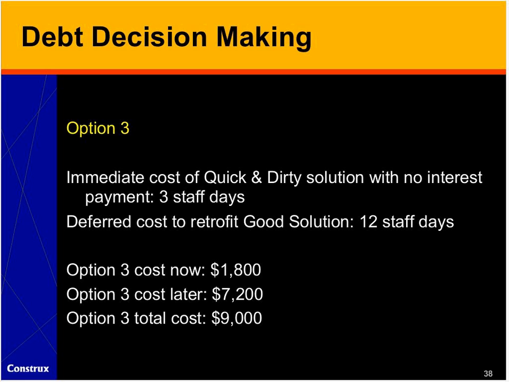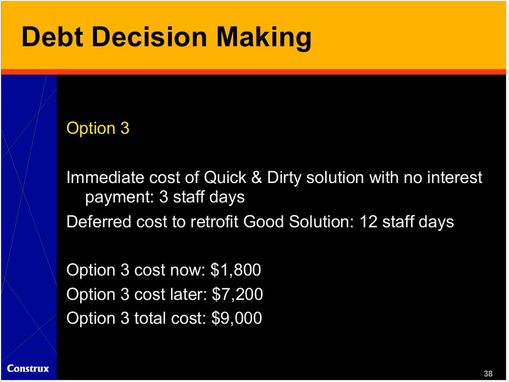So let's say here that the cost of a quick and dirty solution, which is slightly better than option 2, in that it doesn't incur an ongoing interest payment, is $1,800, and then the cost to retrofit it is still 12 staff days, just like option 2, and so total cost would be higher, $9,000, than the cost of doing it the good way first. But the key point here is that with the cost now of $1,800 and no ongoing interest payment, we